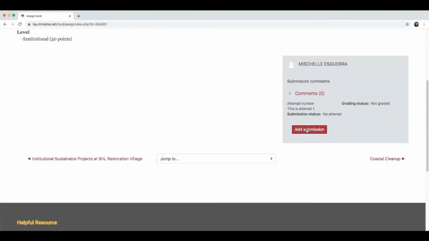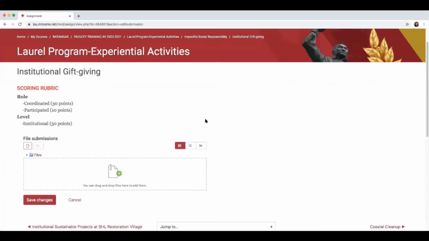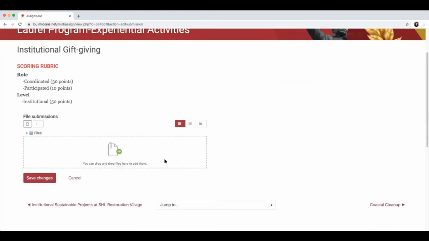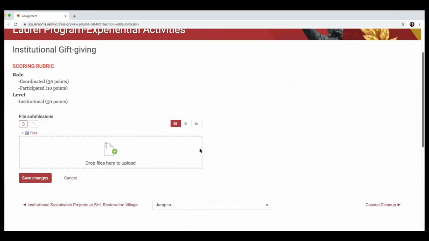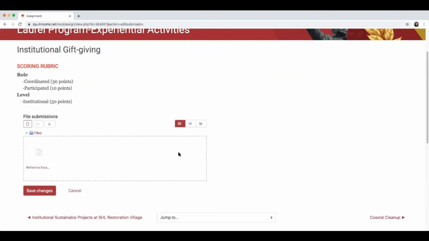Kindly look for the Add Submission button, click, and you can see the submission area. So this is the submission area where you can add your submission by using the drag and drop method. So I will drag and drop my file here, wait for the file to be uploaded, and then save changes.